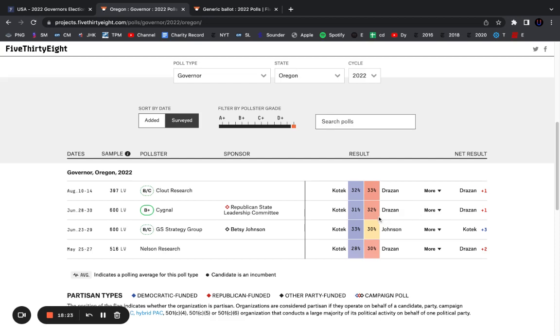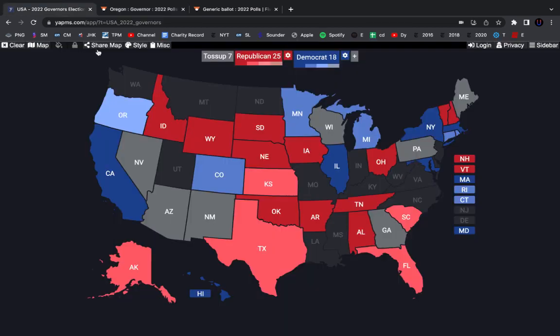Johnson will probably take away some votes from Kotek. You would think she'd be a spoiler for Kotek and give the race to the Republicans, but she's been running a campaign that's much more about guns and whatnot than abortion and healthcare. She's campaigning on more Republican issues, so she could potentially draw votes in the rural areas. But I think it'll cancel out, and I think Kotek will win by 4 or 5%.